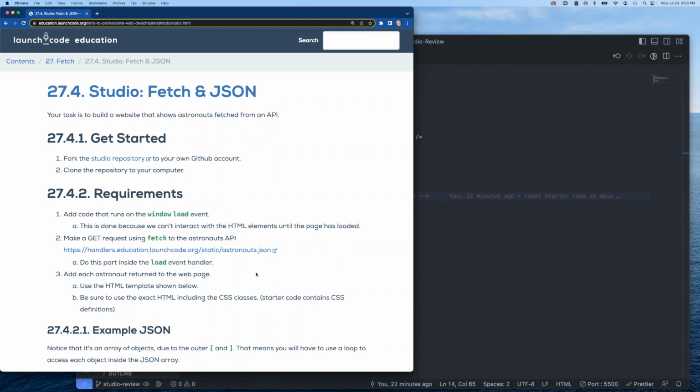And we'll look at the starter code in a second, but they tell us that we just want to add some JavaScript to make sure that it runs once the load event is detected for the window, and then make the GET request using fetch to this endpoint on the astronauts API they created. And then we'll just take the data that comes back from that and turn it into some HTML and add